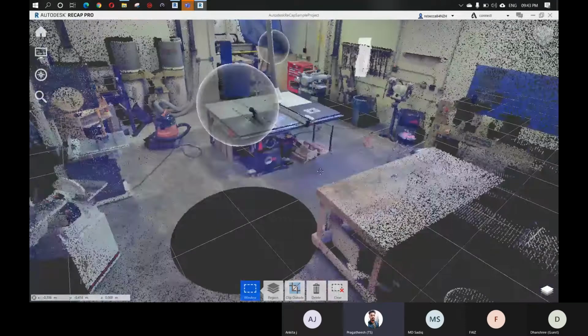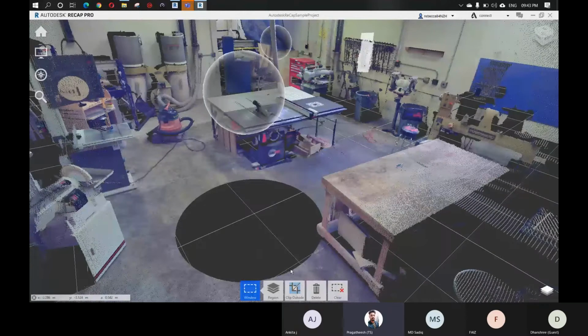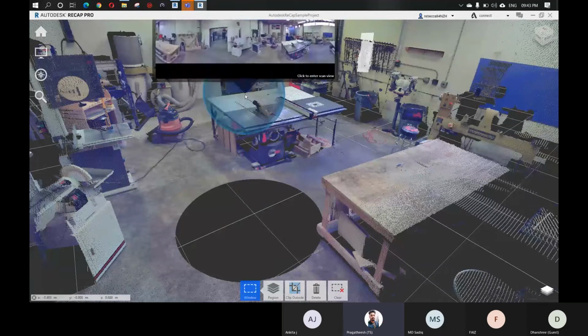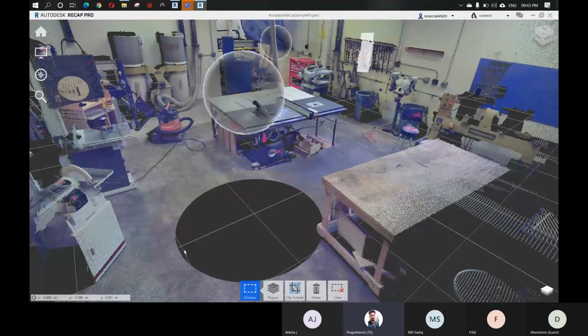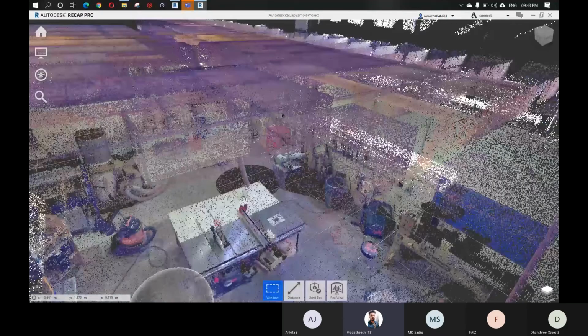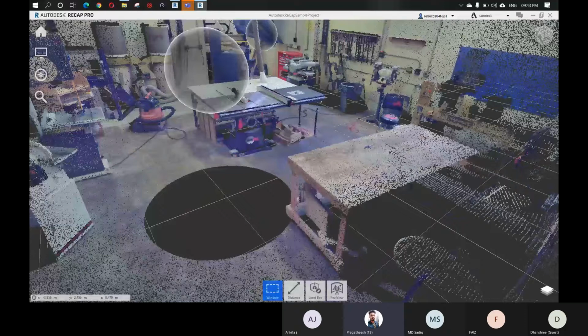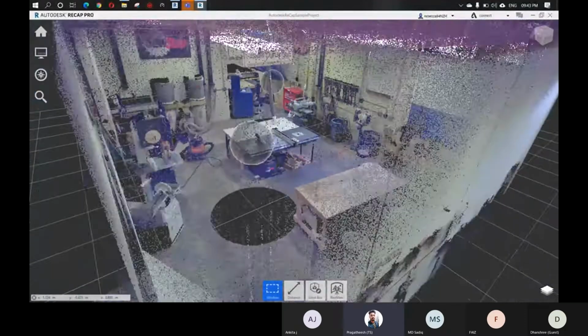As I said, you can see the 60 degrees below is not scanned here, right? In horizontal 360 degrees and in vertical only 300 degrees. The tripod area will not be covered. To scan this room, we have placed two equipments.